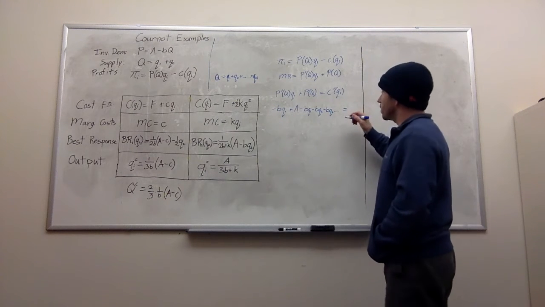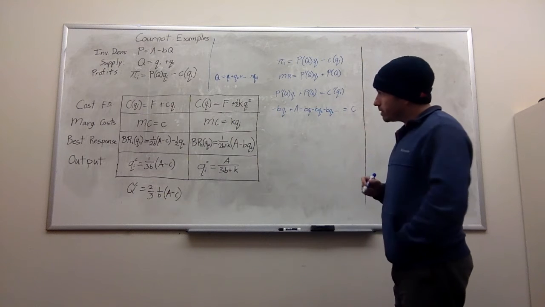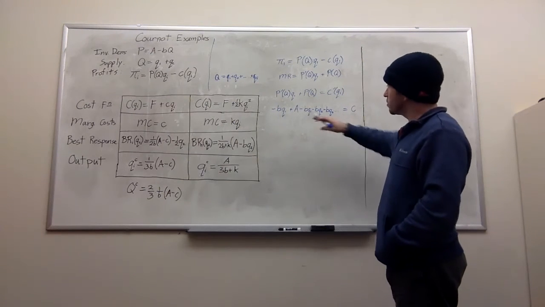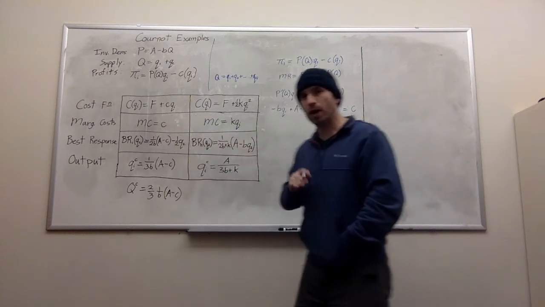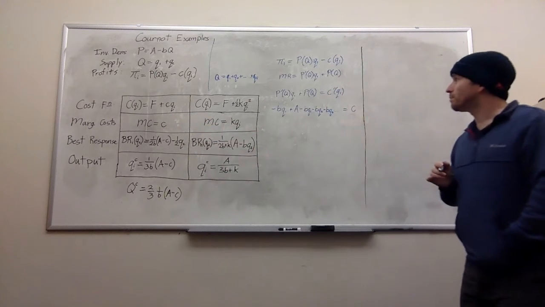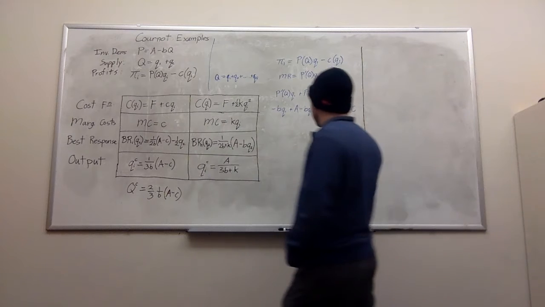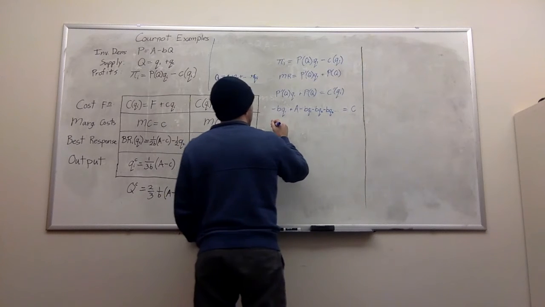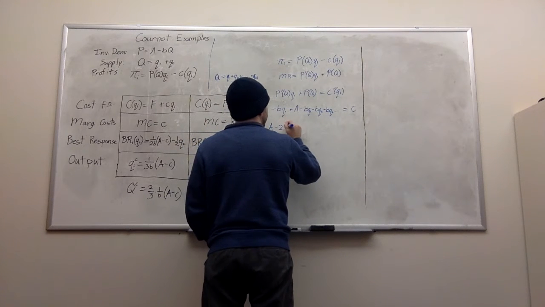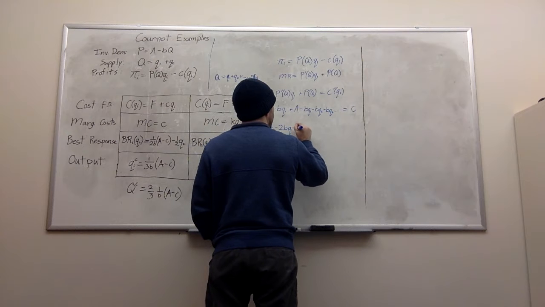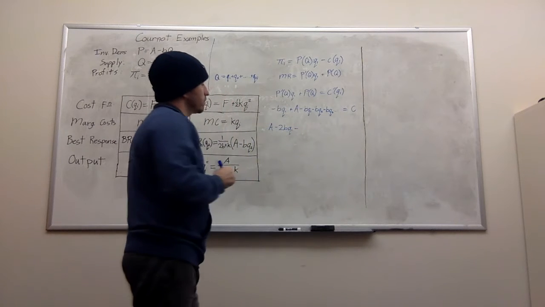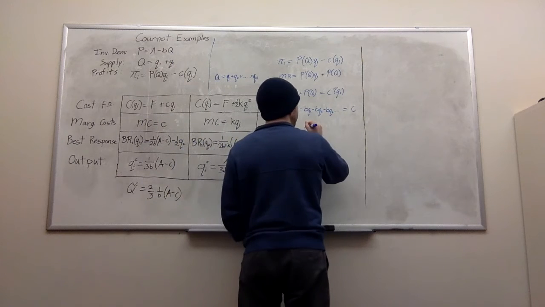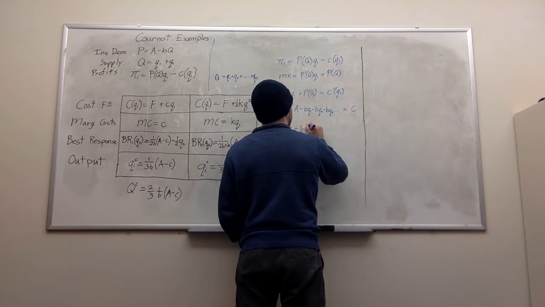But yeah, so allowing us to have symmetry between all n of these firms, so they all have the same marginal cost equal to C, then this is A minus 2BQ1 minus BQ2